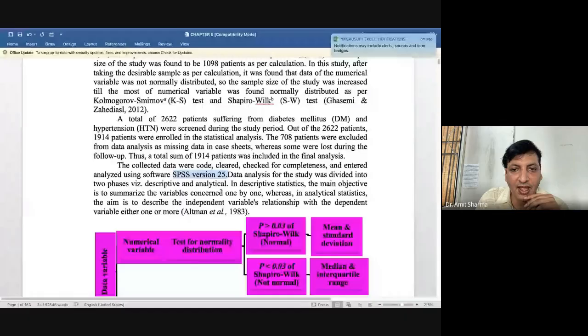So due to that reason I excluded 708 patients, and finally the statistical analysis had 1914 patients. Which version of the software you have used for the analysis, that also you have to quote, which software you have used and how you have proceeded.